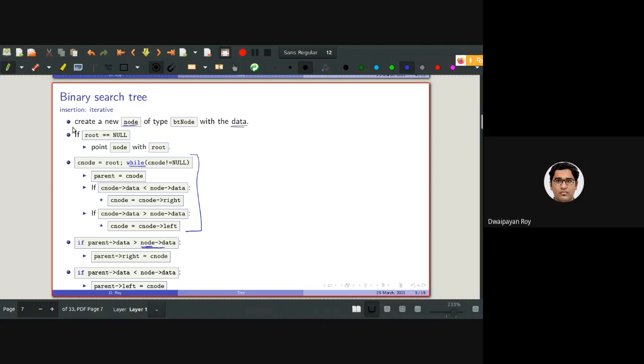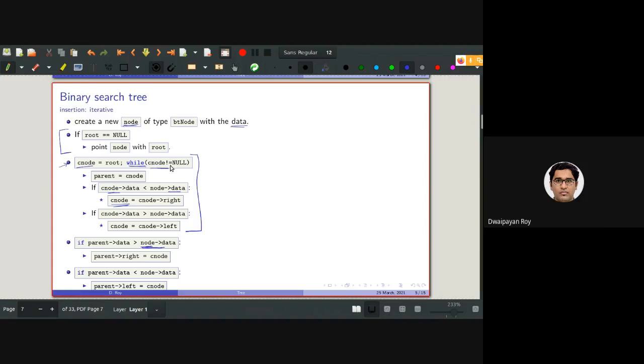This is for the first situation when there is no data stored, when the binary search tree is empty. Else what we are doing is we are considering this C node, or the current node, as the root, and I am changing the C node based on whether the data is greater than the data stored in C node or less than the value. Based on that, I am changing the current node, and this while loop will be terminating when C node is null.